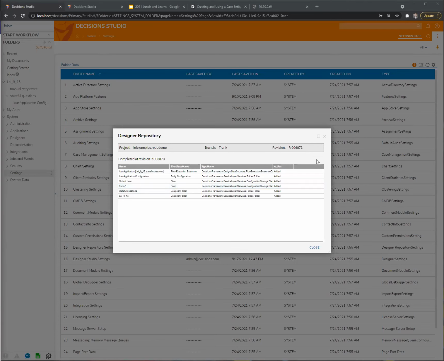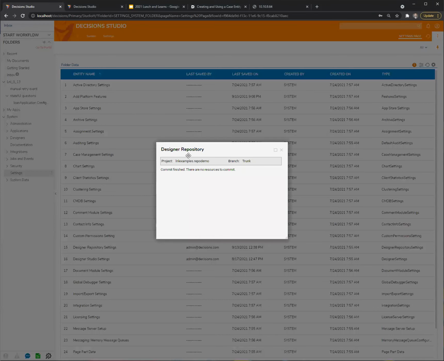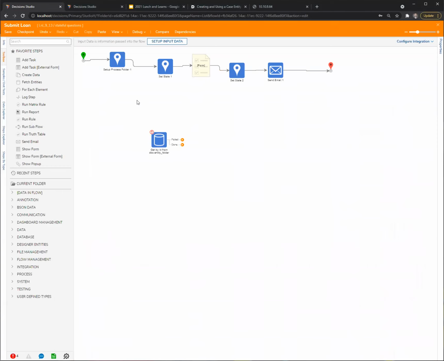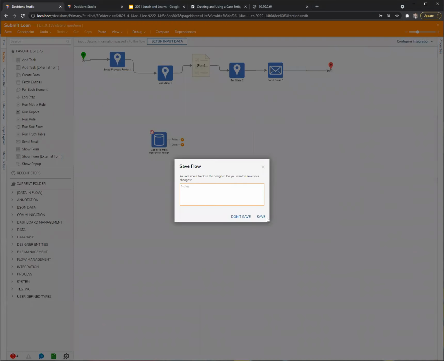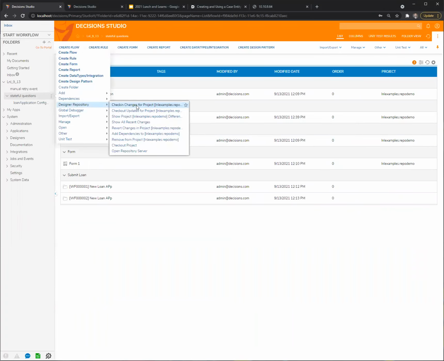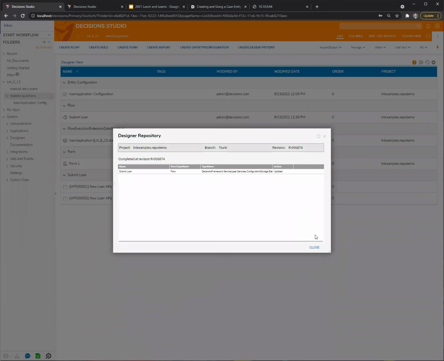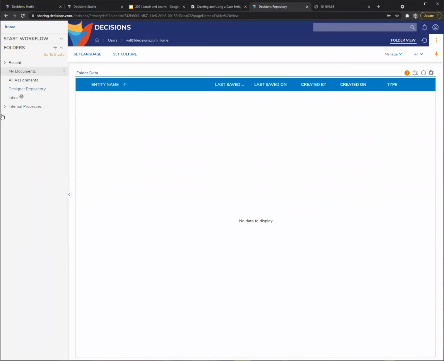From the application server's perspective, if I come back and I try that again, it's going to tell me there's no resources to commit. And if I make a change, which is not very sophisticated, it's just based on the date stamp of the modified date. I'll make a modification and save this. And then try the repo action again. It's going to then prompt me to say, hey, submit loan. And I'll say changes to submit loan. And I can commit this. And if I bring over the repository, in Designer repository,